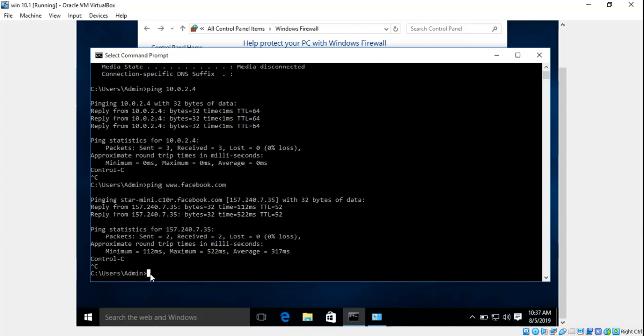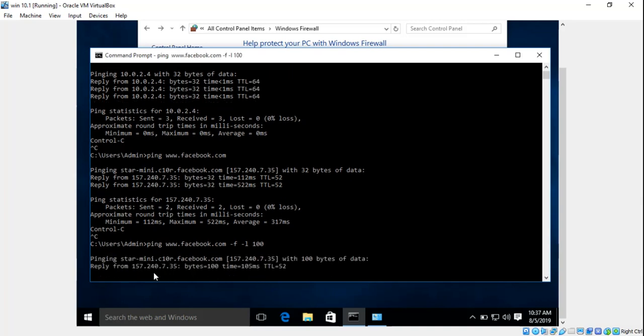Now the next step is to find out the maximum frame size, or the maximum packet size that we can send to our target, because you can read here that the default packet size is 32 bytes. So let's find out the maximum packet size, and to do that use ping, target name, frame, and define the length. For example, I will try 100 bytes first.